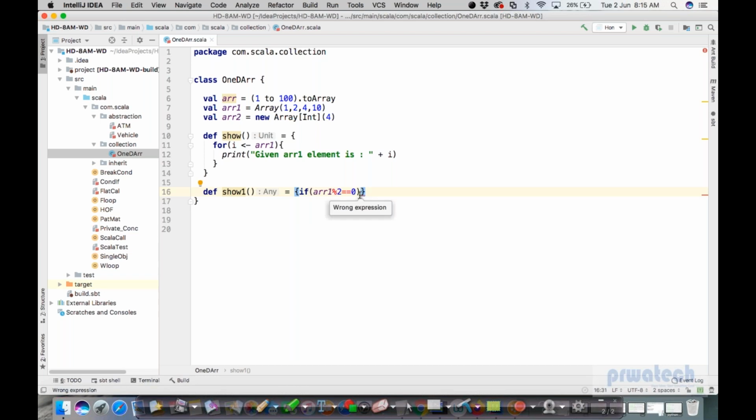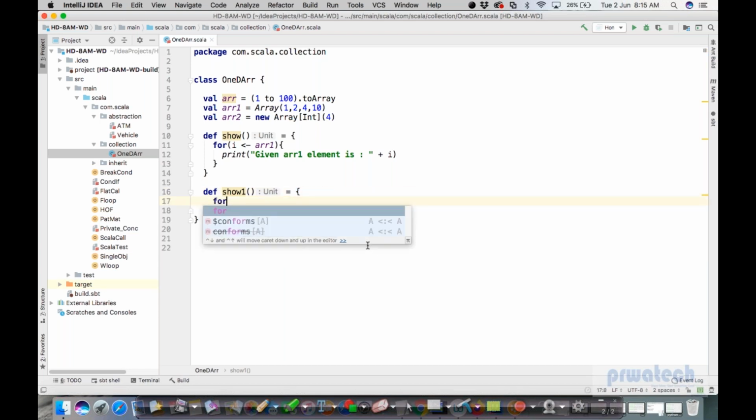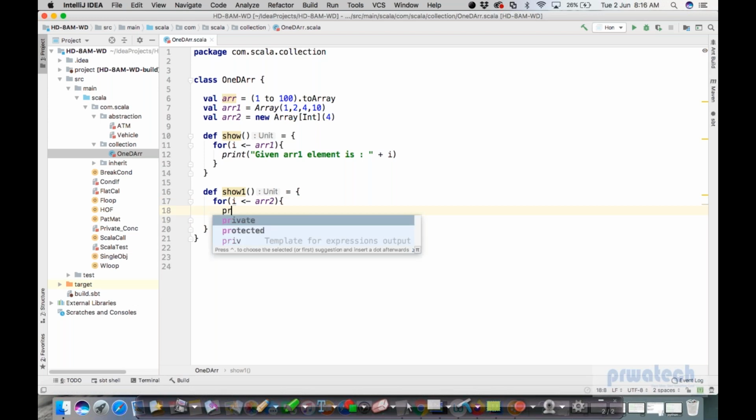Cannot resolve symbol percentage. This is giving the same error. Let me print. So I need to traverse them first. I'll see what value is there in AR2. So I'll give my second element, which is AR2. I'll say print